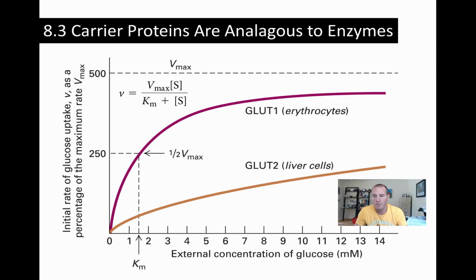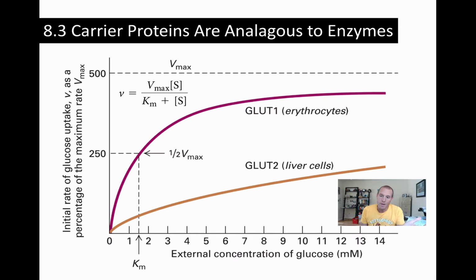Let's have some general comments to start with, though. What you see from the graph, given there's Vmax, half Vmax, and curves and substrate concentrations and that kind of thing, is that we can look at the dynamics of carrier proteins much like we look at the kinetics of enzymes. So here, facilitated diffusion using a transport protein or a carrier,